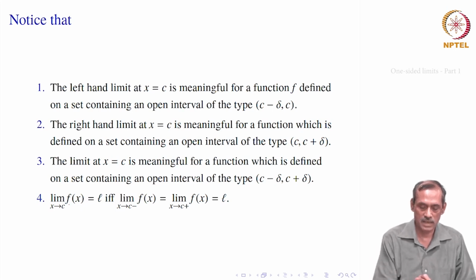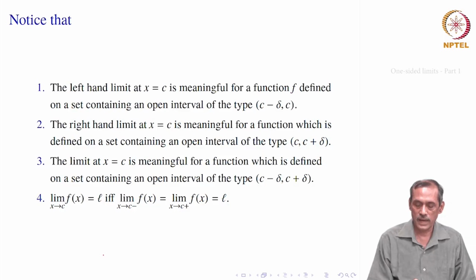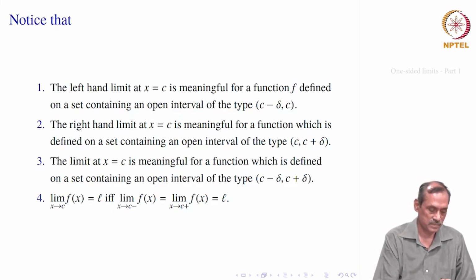And now also you can see that the limit is defined. If the limit of f x equal to L, then both left side limit and right side limits are defined and they are also equal to L. So, this is the fourth statement. We say that limit f x equal to L if and only if both the left side limit equal to L and right side limit equal to L. So, sometimes we will be able to see that it is easier to find the left side limit or the right side limit than the limit itself directly. So, in those cases, it will be helpful to find both the types of limits separately.